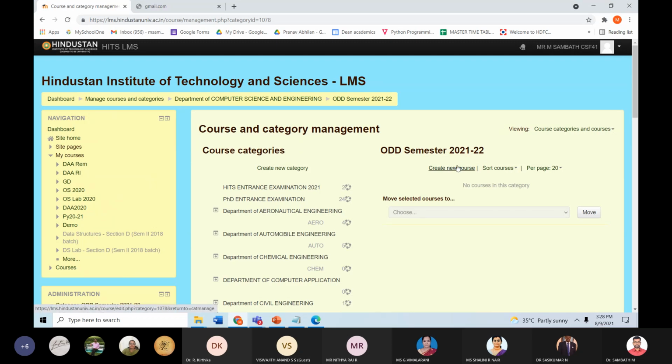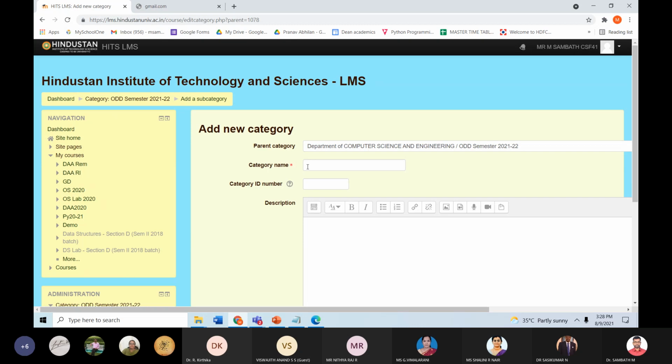Inside this, I am going to create different categories, because in the odd semester itself you will have semester 1, 3, 5, 7. Currently semester 3 is going on. So click here, create new category. That is the same option, again Department of Computer Science.